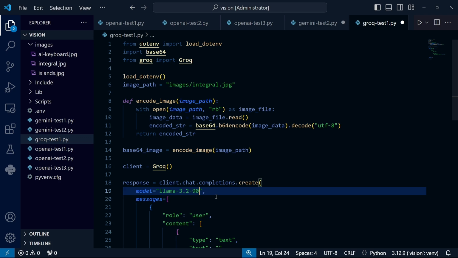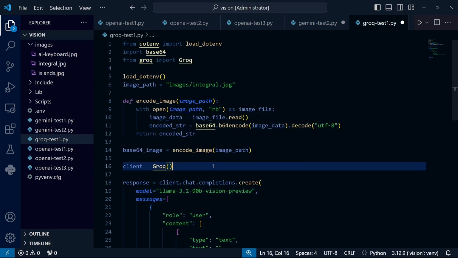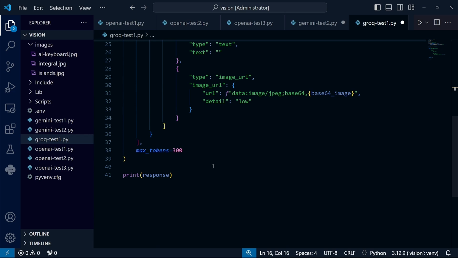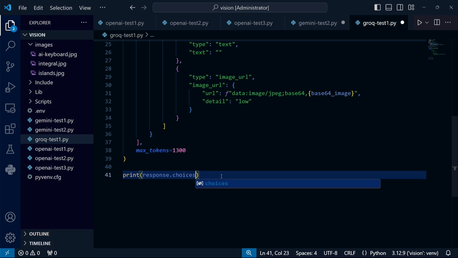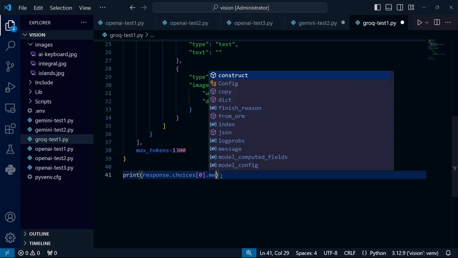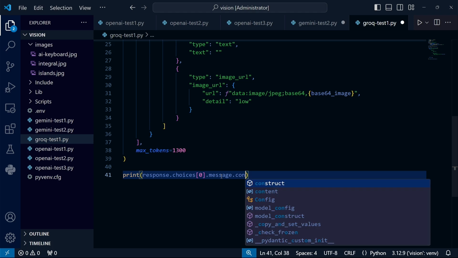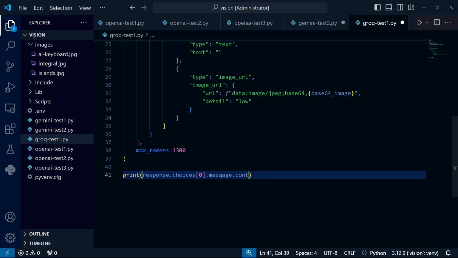Instead, we can choose one of the open source models, such as Llama 90B, which supports vision. Let's consider for a moment whether anything else is worth changing here. In my opinion, the program looks rather okay. If anything, we can increase the number of tokens just in case, and only display the content of the message for greater clarity. Everything else, in my opinion, looks perfectly fine.